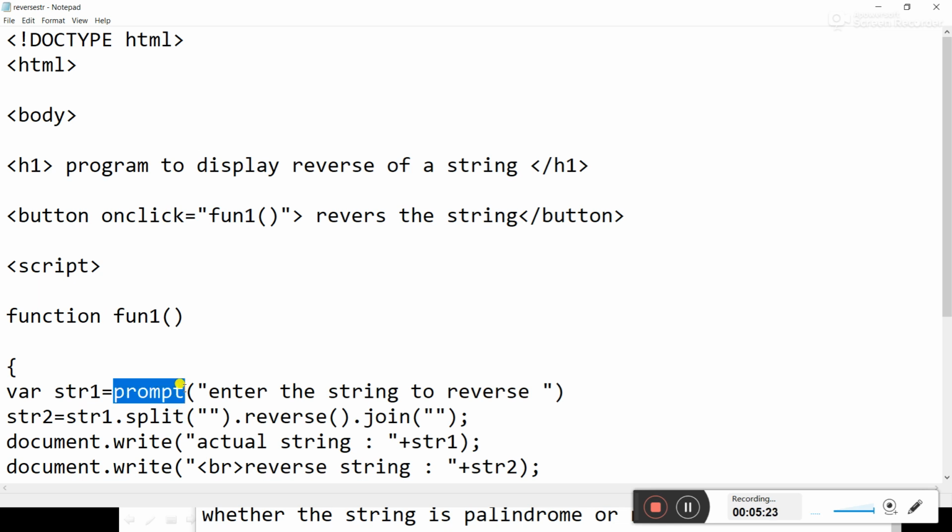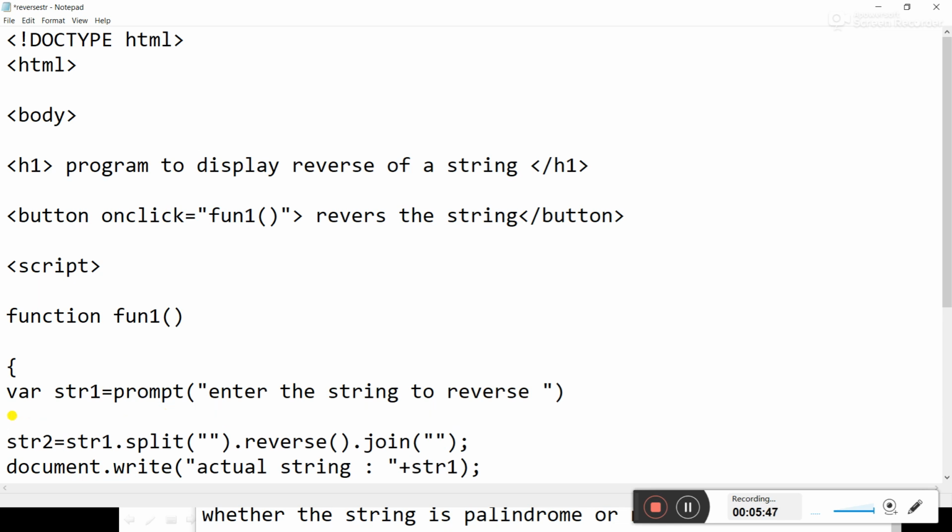So prompt, "Enter the string to reverse". It will ask you to enter the string to reverse, and whatever string you enter here is going to be saved in str1. Got it? Then the second step is where you need to reverse the accepted string.